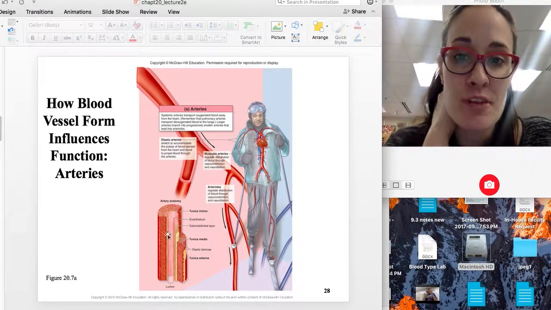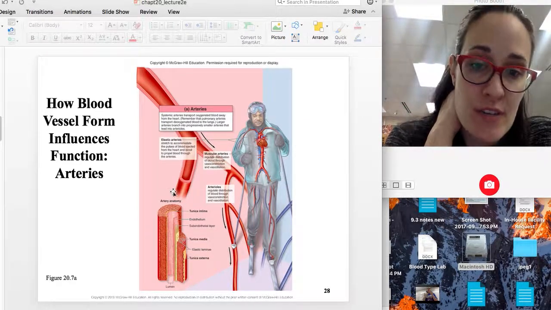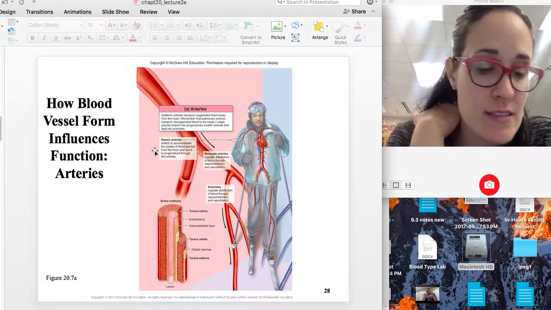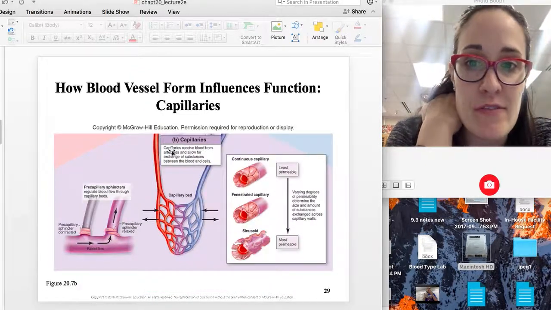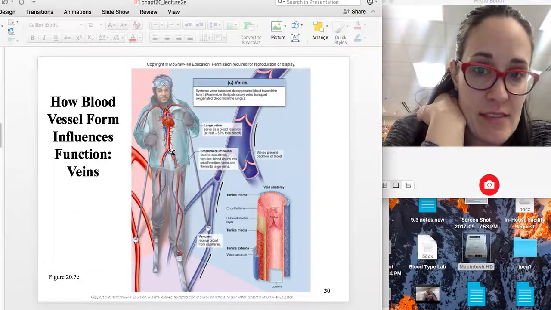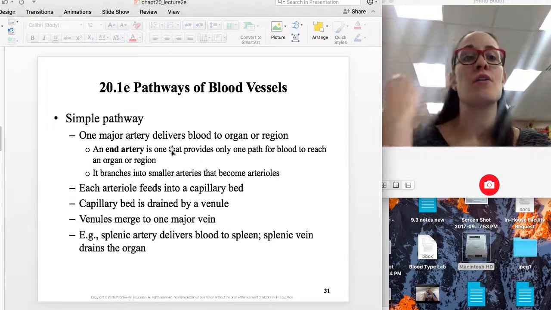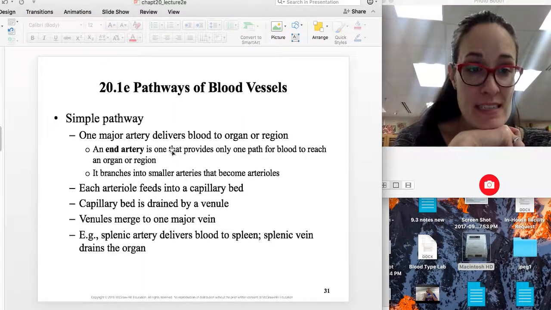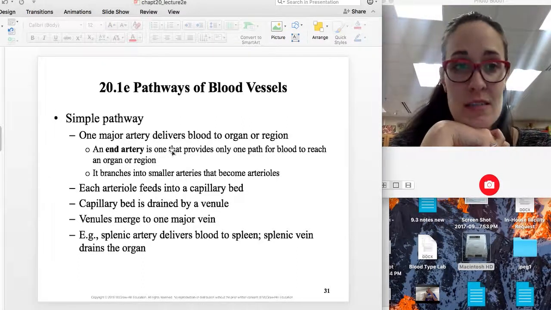This is just a nice picture that is in your textbook, and it shows just the different arteries, if you want to review that. And then the different capillaries, the 3 types, and then the different types of veins. There are different pathways that connect blood vessels. It can be a simple pathway,